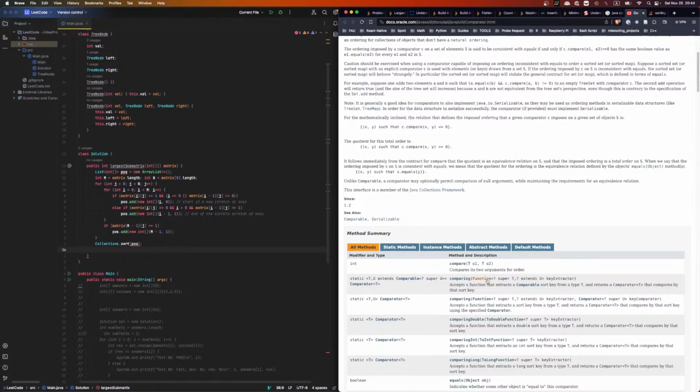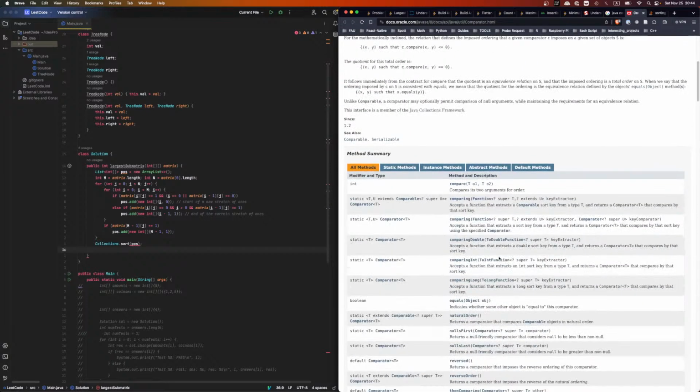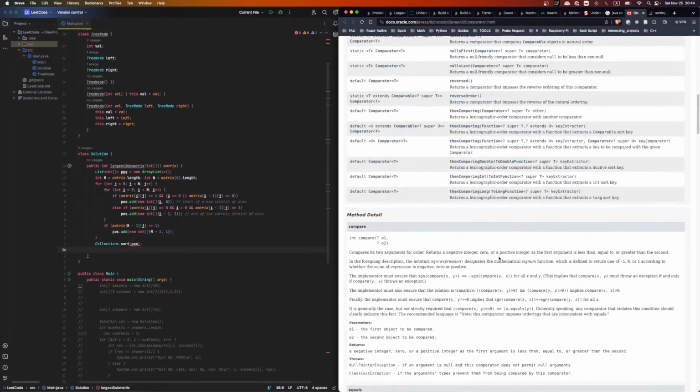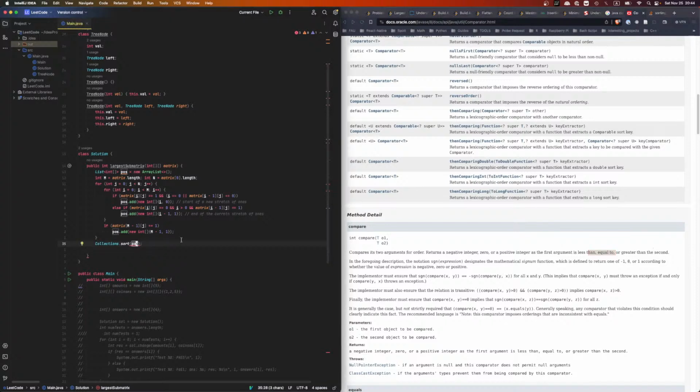Compares 2 arguments. Here we go. First argument is less than, equal to, or greater than. Okay, so we have to pass a compare. So you're telling me that we can do pos.sort,